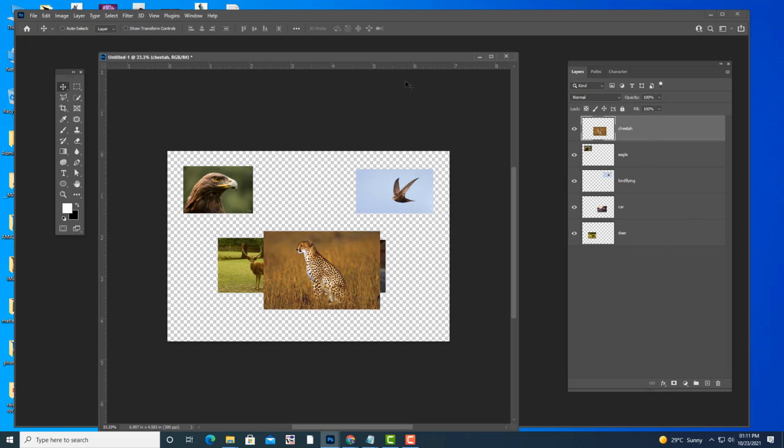Okay, I will tell you that. See, let us say I am roughly selecting this, okay. Then we have to invert the selection. How can we invert the selection? See here, but the thing is we have to be careful here, because sometimes it might affect the actual area also. So you can do one thing: cut and paste, select the cheetah only and separate the background, put the background in a separate layer and then reduce the opacity. Like that you can do.